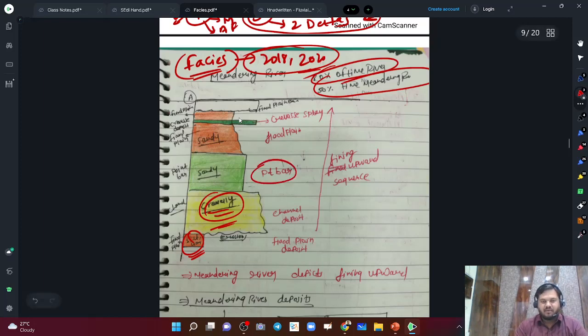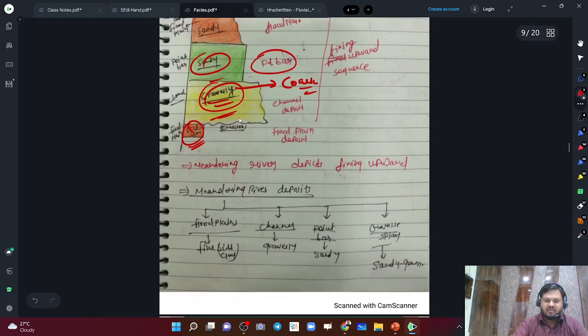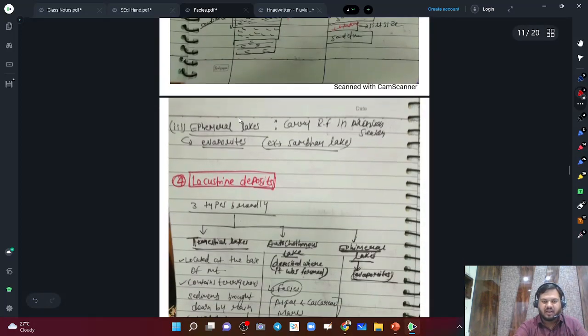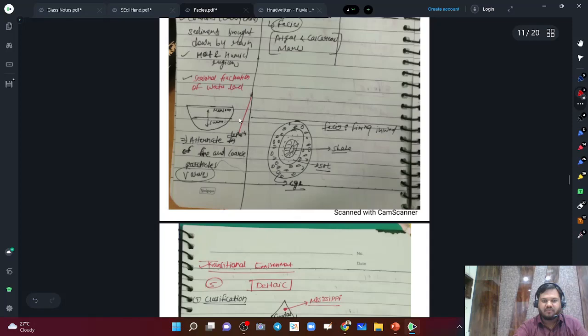Then we have point bar, which is sandy, and then it is repeating, right? So this was multi-story sand, right? Here instead of gravel you should write coarse sand, right? So this was the meandering deposit, right? Similarly, if I have made a diagram of braided system somewhere, or maybe I have made the diagram of